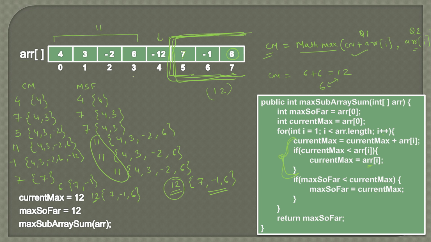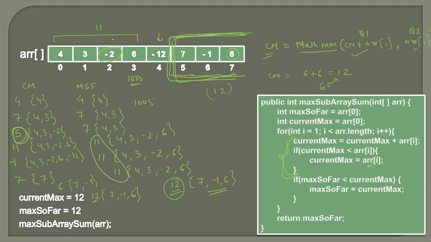So here one more question arises, that why we are actually taking in the negative values in the current max, like we did here. We included minus 2 and the current max became 5 from 7, because here you can see that current max value is 5 after including minus 2. If this value would have been, let's say, 1000, so in the next iteration, if we have included 1000, we would have got 1005 because we will be adding 5 to 1000.